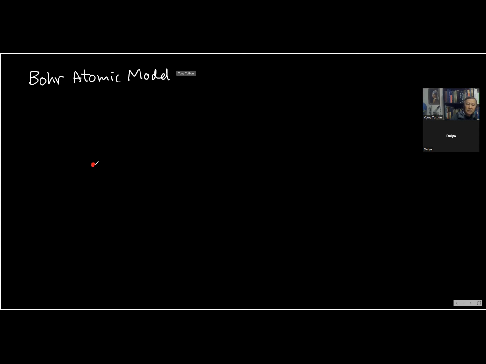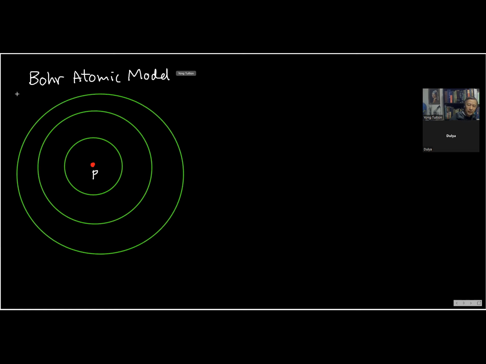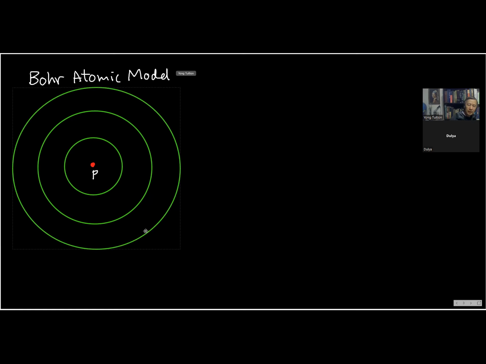So this red dot will represent the proton at the center, all right? And according to the Bohr model, the electron can only stay in certain stable or stationary orbits, right? It's called a stationary orbit. Yeah, it's not a level yet. First, we have talked about orbits. The Bohr model is talking about orbits first, all right? It's just like a solar system, but the electron can only stay in one of these orbits.